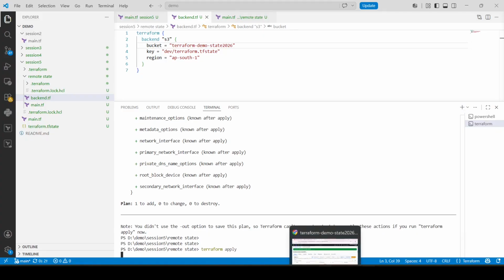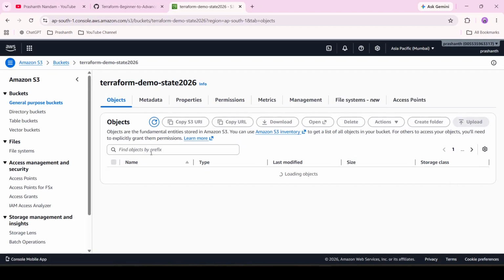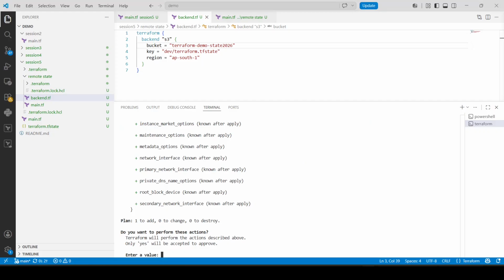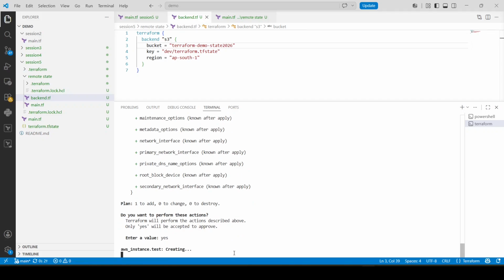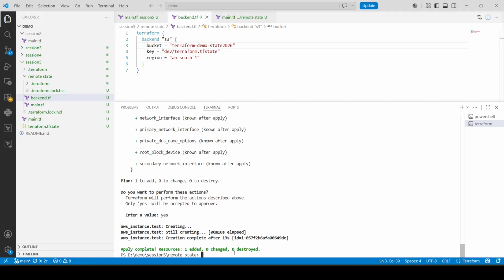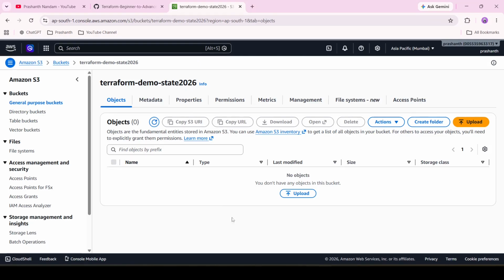Now, let me go back to the S3 bucket and refresh this page. We do not have any file here yet, right? Cool. Let me provide a value as yes. Cool. The instance has been created. Now, when I go to the AWS console and refresh this page,